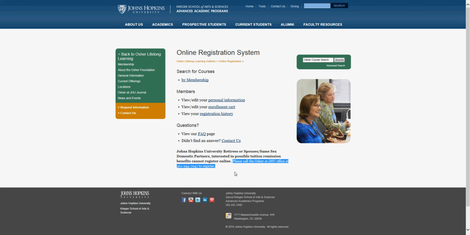Additionally, if you are an Asbury resident and you participate in the Asbury Associate membership, you have a small discount due to being a resident at Asbury, and you will also need to register in another way. The system will not recognize your discount and will try to charge you for full Asbury Associate tuition. So if you'd like to receive your discount for being an Asbury resident, please also call or register in another